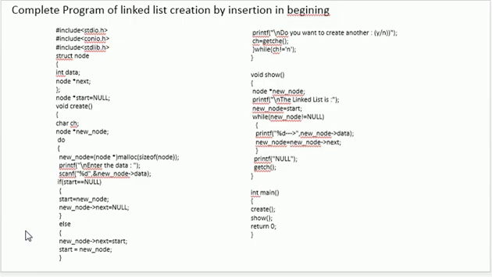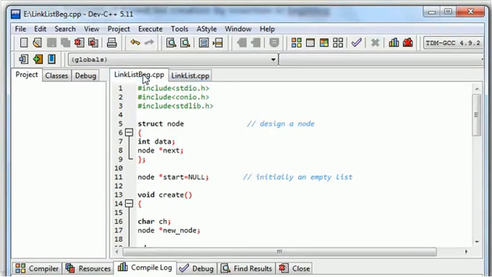beginning of the list, or I have written something for you here. This is the complete program. I have included all the relevant files which I need. I need stdio.h because somehow I need to make use of scanf printf. I need conio.h because one of the methods, maybe getch, I have used later on to get the character yes and no. So I am including conio.h. I am including the standard library also because I want to work with memory allocations. I am making use of malloc method.